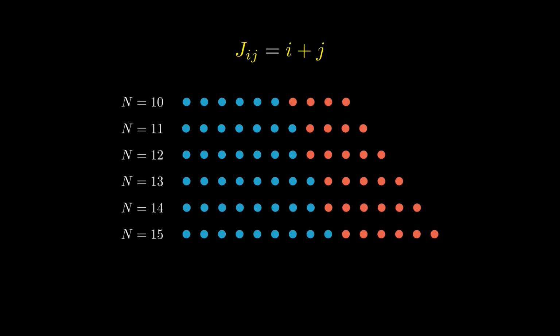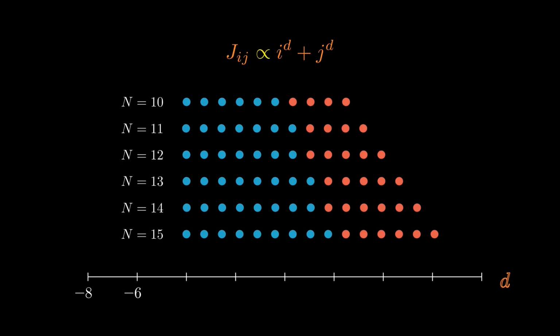He pushed the idea further, discovering that this was just one instance in a broader family of rules, each governed by a single parameter, d. For every value of d, whether positive or negative, the same elegant two-cluster pattern consistently emerged. While the size of the cluster varied, the fundamental structure remained unchanged. He had uncovered a vast new class of systems, each complex and fully connected, yet all exhibiting the same simple,